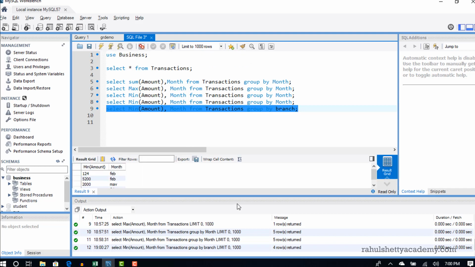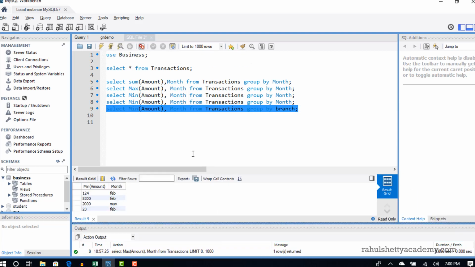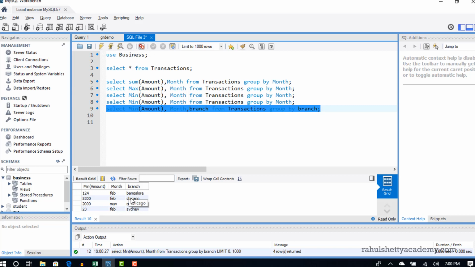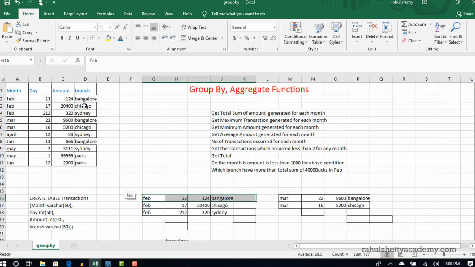Okay, so what happened here? Let's see. Oh, I have to put the branch name as well so that I will know for what branch it's having the minimum value. Okay, so in Bangalore branch, 124 is the minimum amount that happened in February. So in Bangalore we have 124, 666.